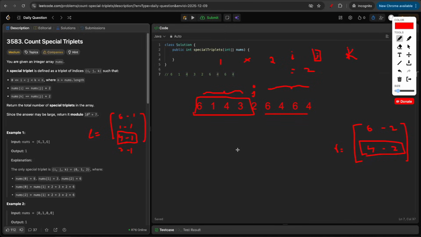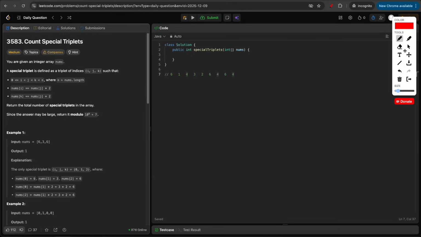So like we saw, for a particular j, to get the left part and the right part, the complexity is order of 1. And since we have n number of middle values, the total complexity of this will be order of n. So now the only question that arises is how we will maintain this left hash map and right hash map. So for that, what we can do is,